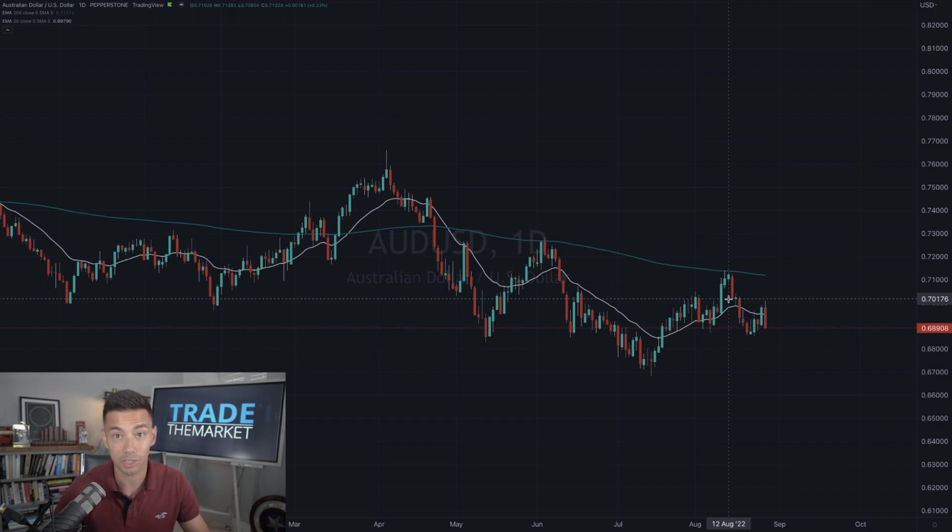So I'll do a video specifically for that. But essentially what I'll be looking to do here is keep the stops tight, so I wouldn't really put it any further than this candle here, the 0.7017. Okay, so you can see that that's sort of like 120 pips below where it would be if you